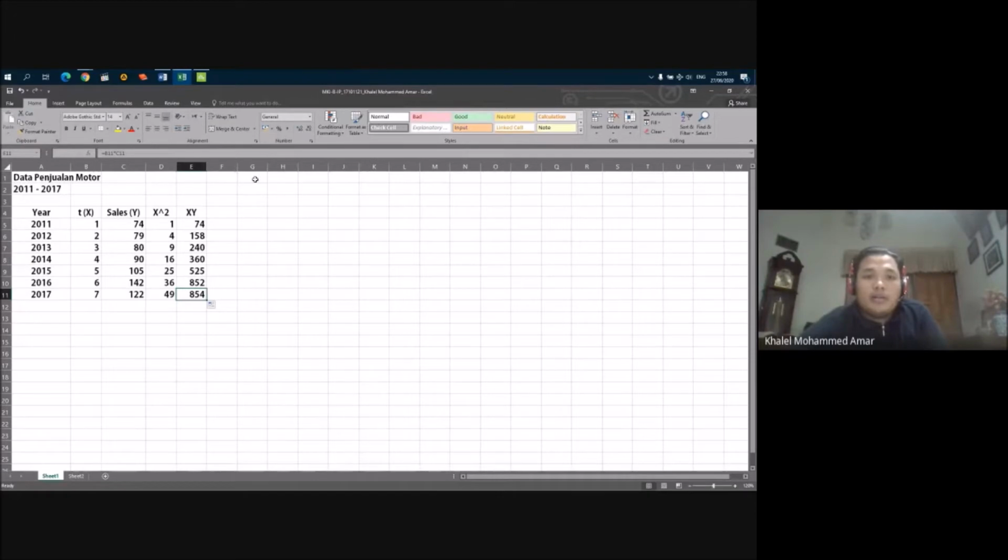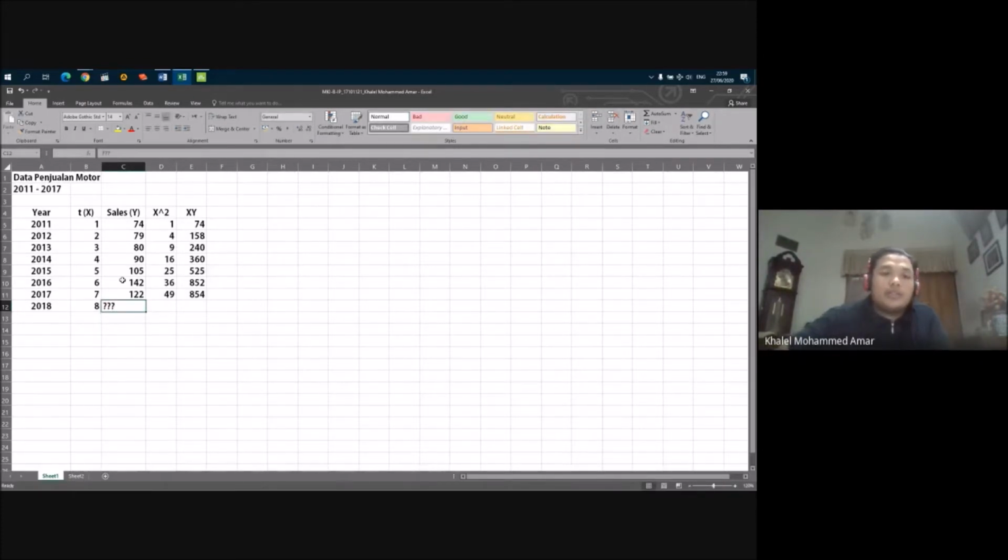And then what should we do to do forecasting? Forecasting is we need to find the data for this year, for the 8. So this is what we've been asked to calculate.